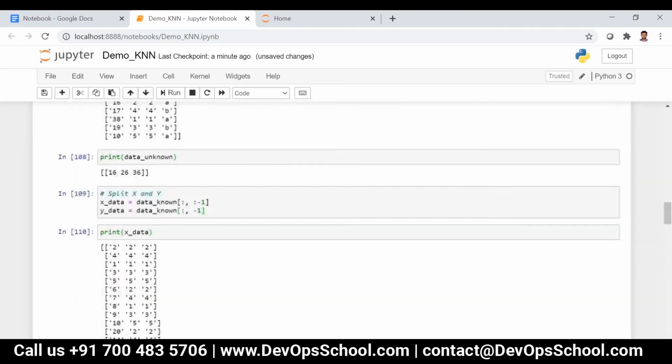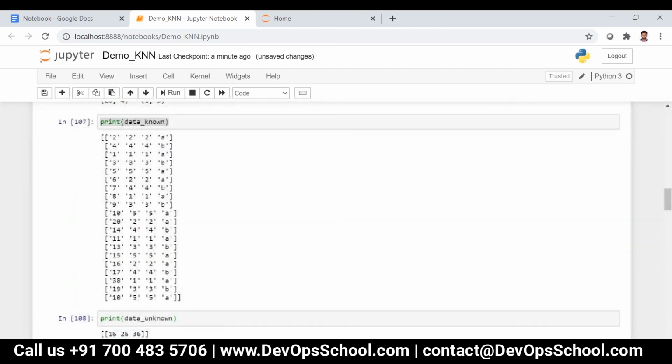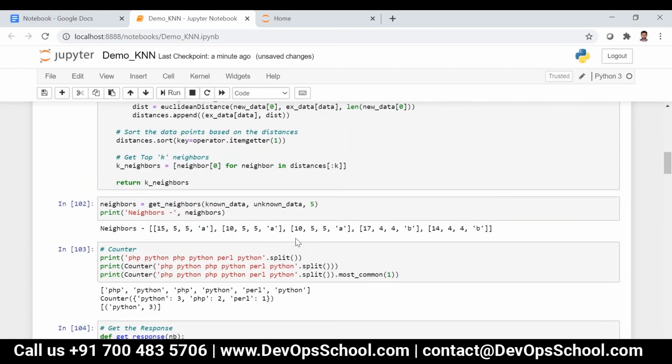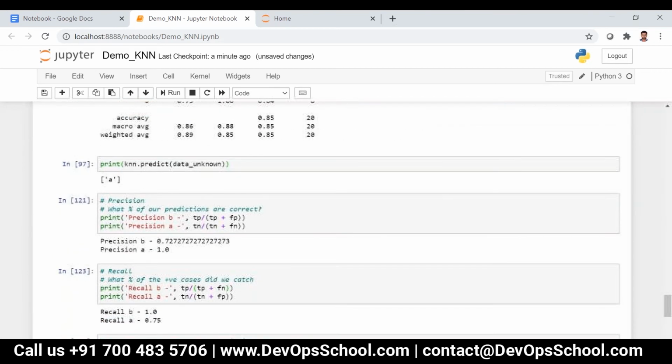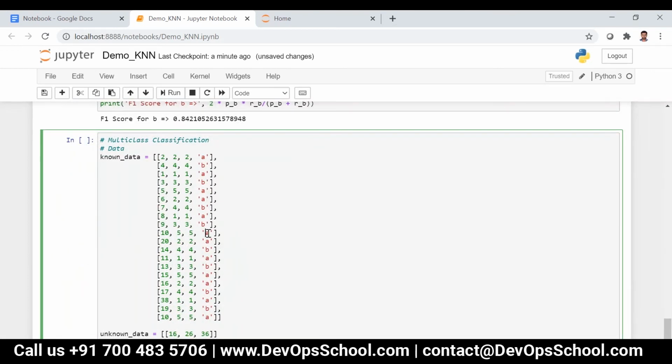Let me take the neighbors: 15, 10, 10. Let me change it to C, and let me change it to C. And over here C, C, something here C. So now we have three labels over here: A, B, and then C.